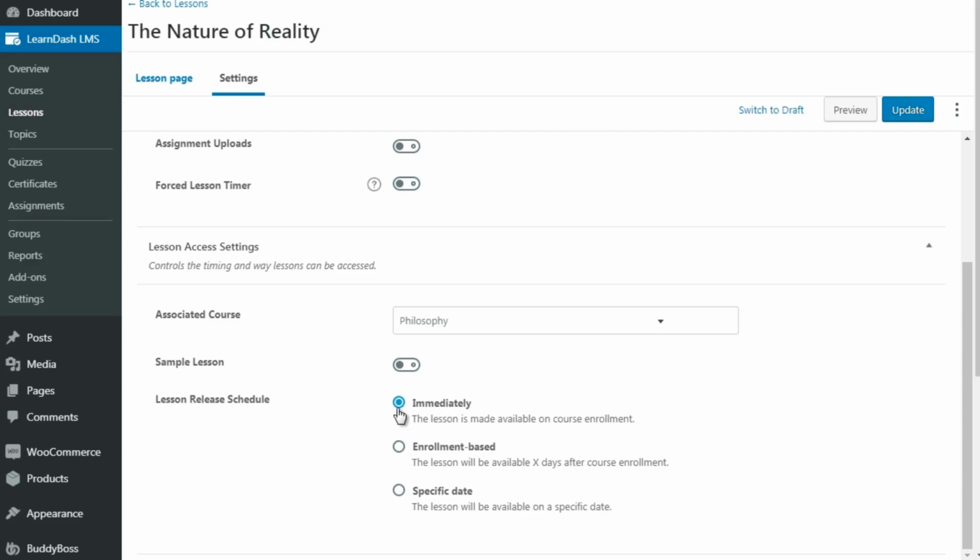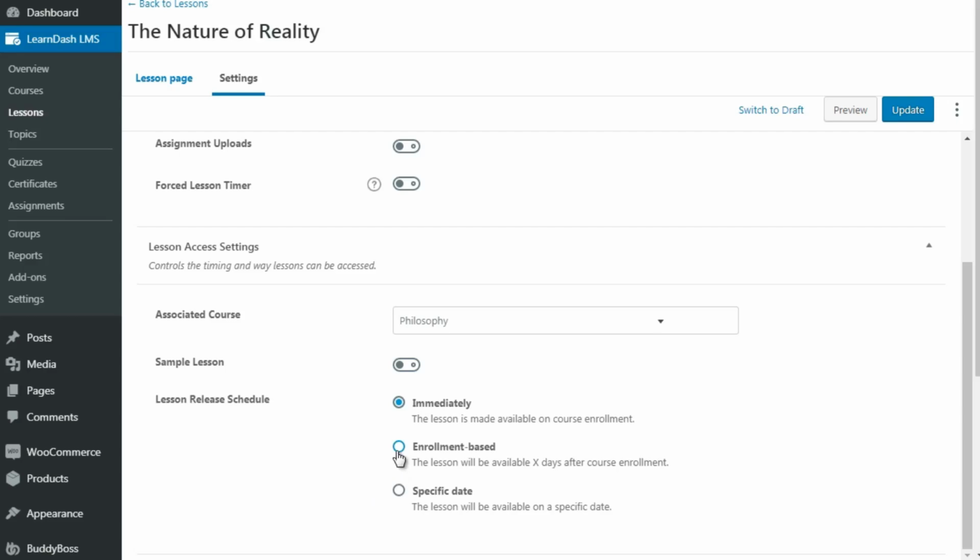You can either have the lesson be made available immediately. So by default, they're all going to be made available immediately. It says here, the lesson will be available X days after course enrollment, or the lesson will be available on a specific date. So specific date, the only time that you would use that is if you would have like a live class kind of thing.